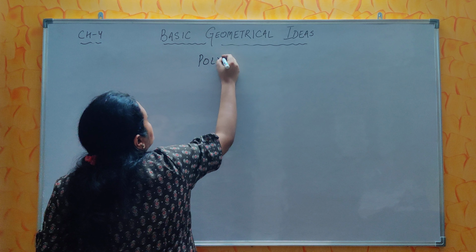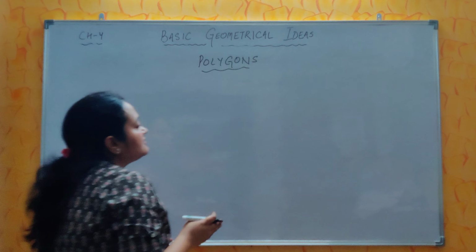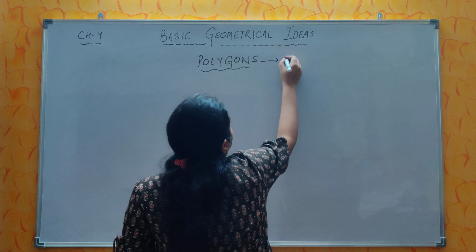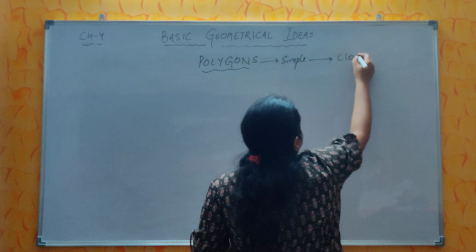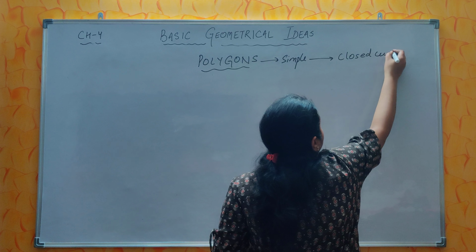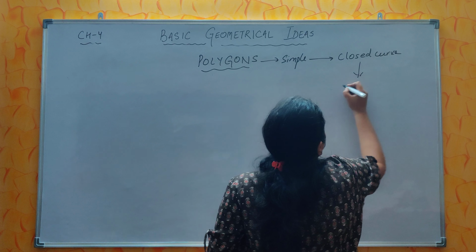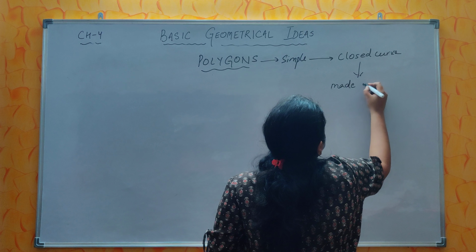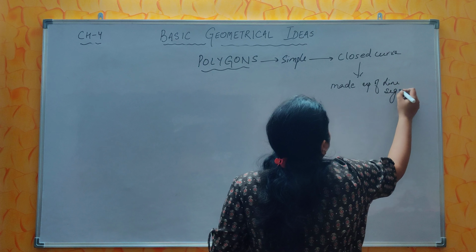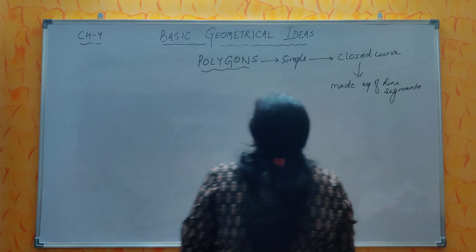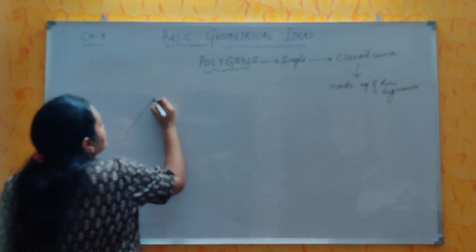Now polygons. What are polygons? We know what are simple curves and what are closed curves. So polygons are simple closed curves that are made up of line segments. Okay, a simple closed curve made up of line segments. For example, this